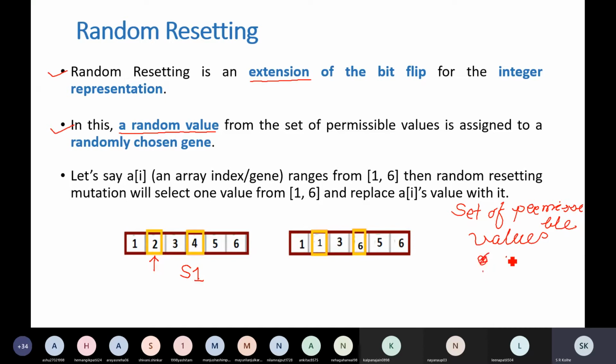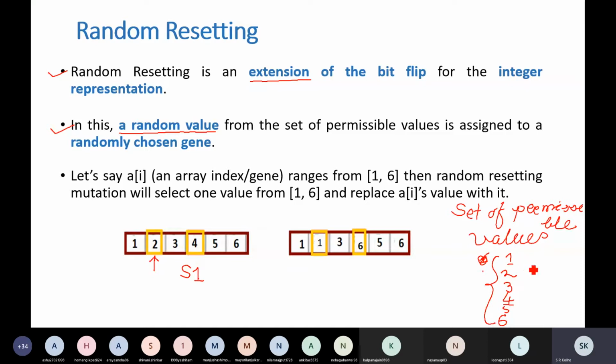Okay, don't take 0, take 1, 2, 3, 4, 5 and 6. So what we are going to do, we have selected this second digit in this S1, and we are going to replace that with a random value from this set of 6 values.